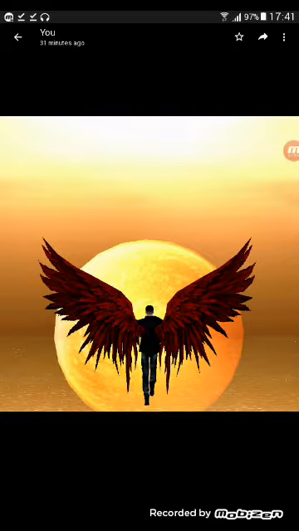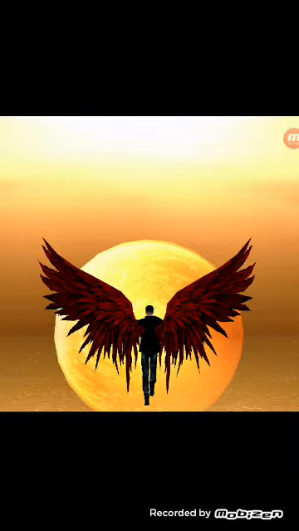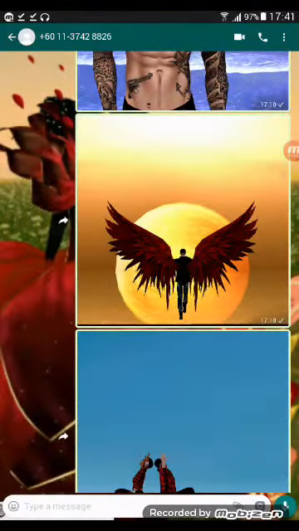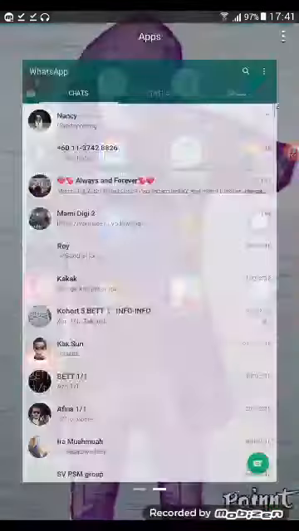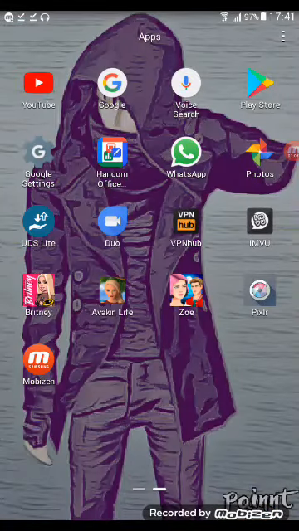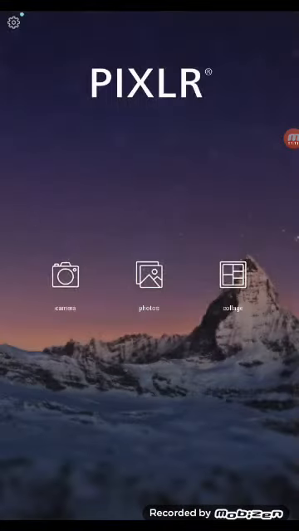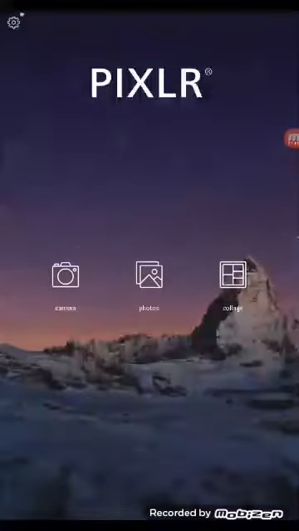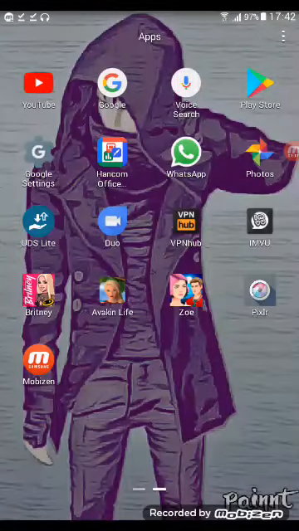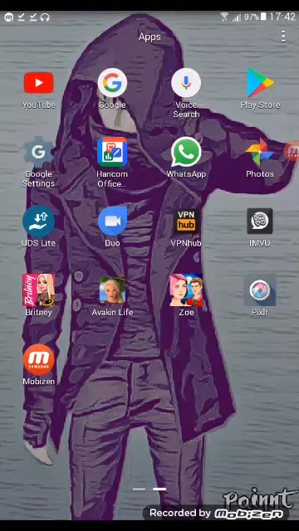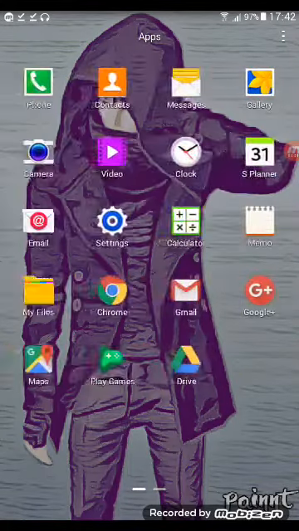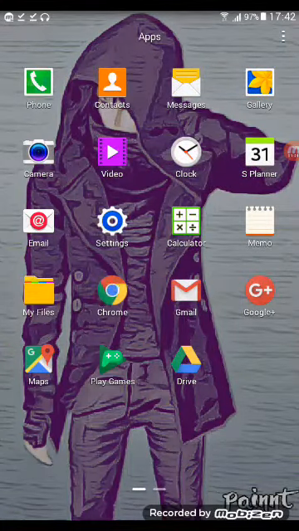So what I did before I edit that picture is use this app. Okay, this app, picture. I don't know how to pronounce it. Okay, this one. If I want to edit in that app, I go to Google Chrome, and then